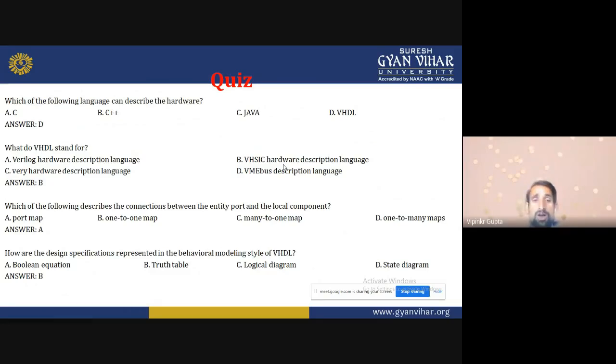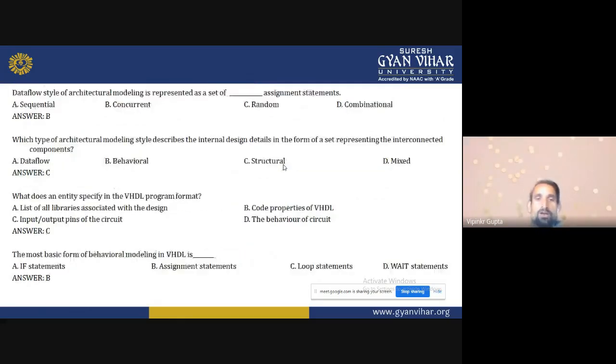So the Boolean equation is not used in the data flow modeling. The truth table we use in the behavior modeling. The logical diagram we use in the structural modeling. The state diagram is also used in data flow. So the correct answer is B, the truth table.